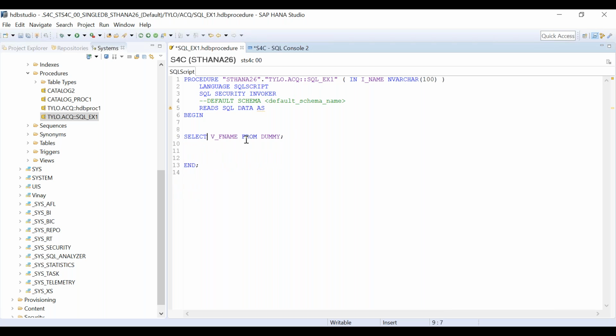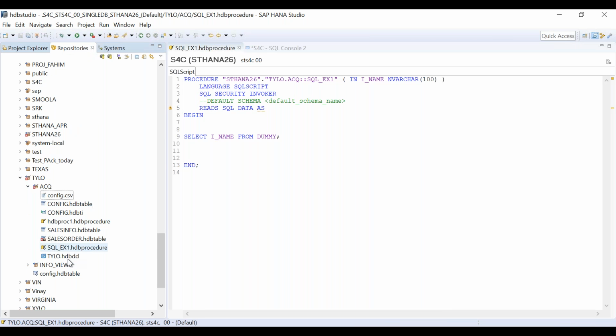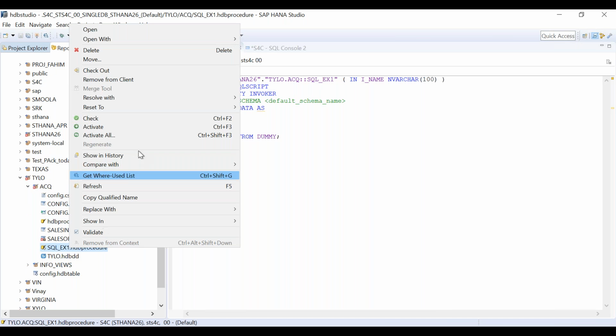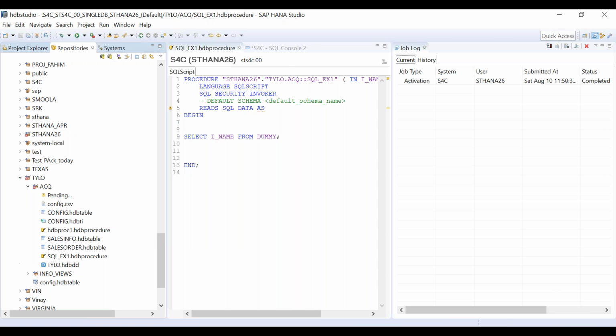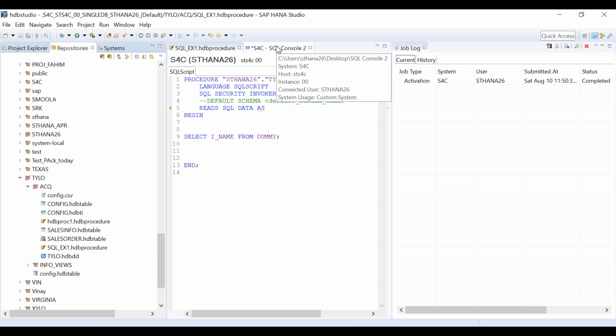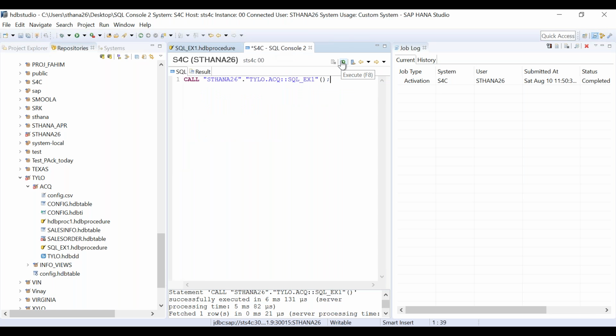So what I will do, I will write here like this, I underscore name from dummy. So what will happen, whatever user is giving me, I underscore name will also be put into the output also. Okay. So how do you do it? Save, activate. Okay. All right.